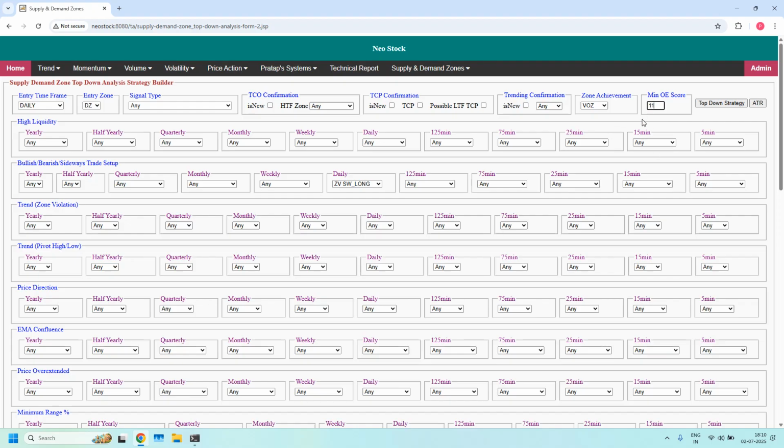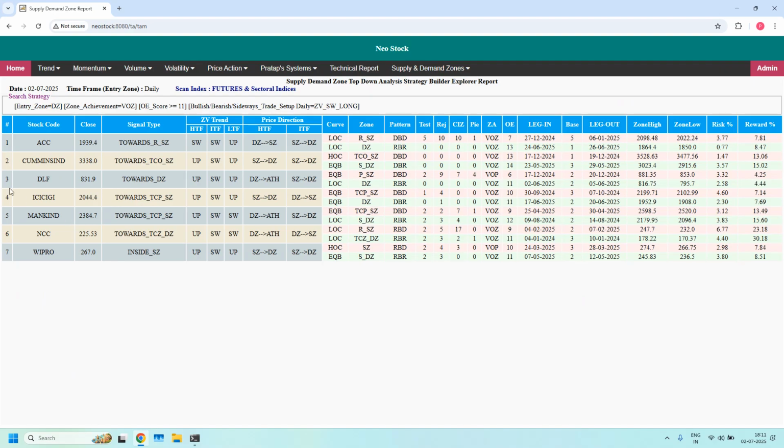And third filter, pierced zones. I am avoiding for a daily time frame, because any pierced zones, those who completed lesson 28 can use pierced zone strategies for their benefit. I am not filtering pierced zones for daily, but for 75 minutes and below time frames, I will be filtering pierced zones. Okay, here sideways long trade setup, monthly income trade, we got 7 stocks,